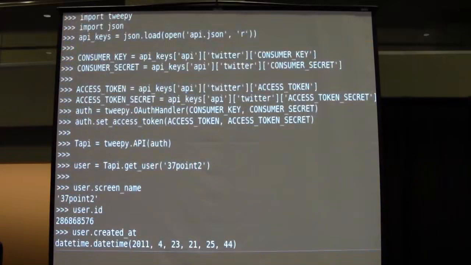This is a quick Python code. This is how hard it is to get set up. The first half of it is all because I'm grabbing API keys from a different location. So importing my consumer key, consumer secret, access token, access token secret, setting up an auth, so auth equals tweepy OAuth handler with the consumer key, consumer secret, auth set access token, and then I now have TAPI, or Twitter API, equals tweepy.api passing in my auth tokens, and now I can just say